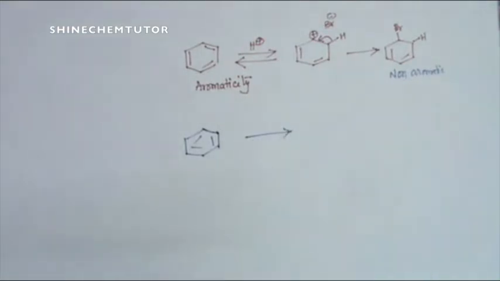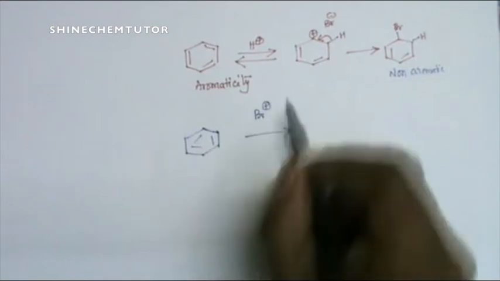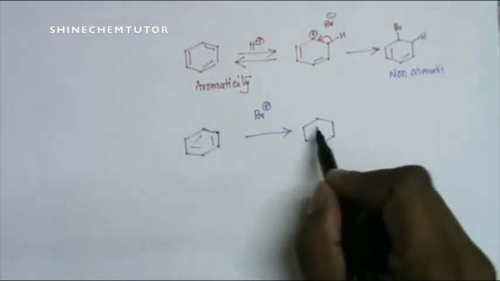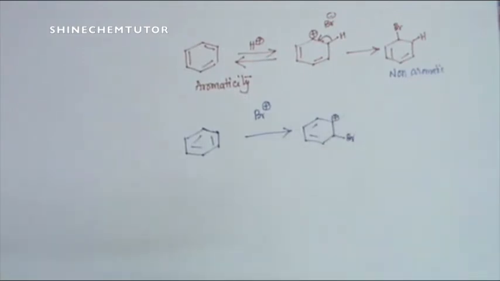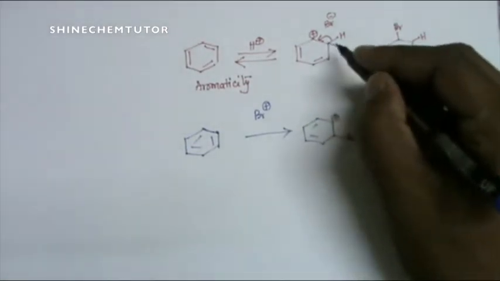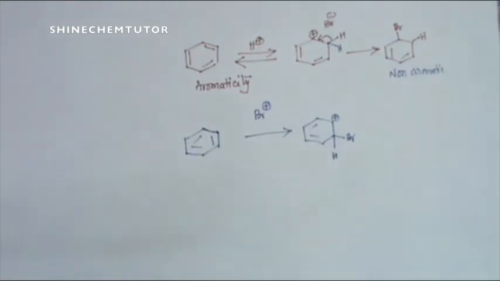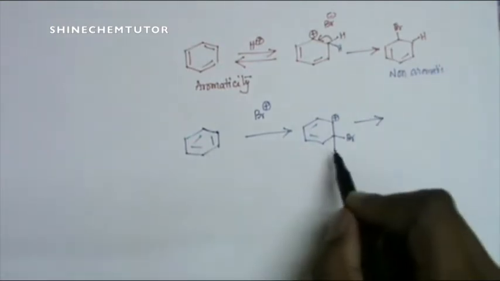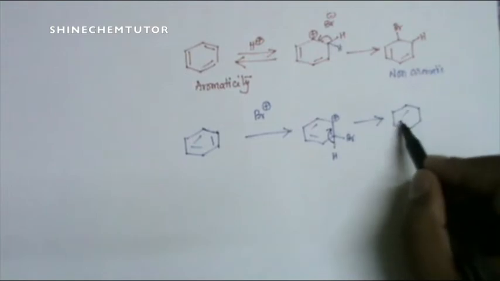Instead of H plus, suppose if I add Br plus, this double bond will attack Br plus. What I get is plus charge on this carbon. In the earlier case, I had only 2 hydrogens, but here I have 1 hydrogen and 1 Br. Which one will undergo elimination? Hydrogen will undergo elimination. As a result, we get the product,